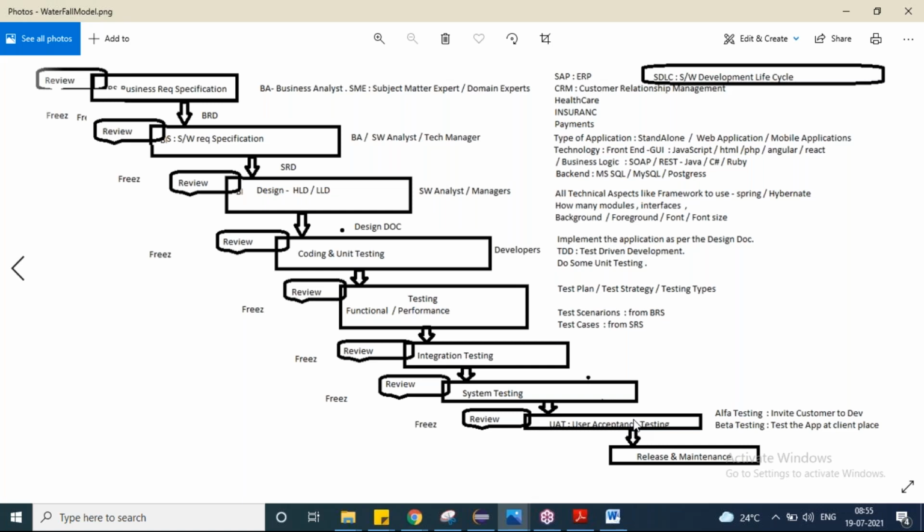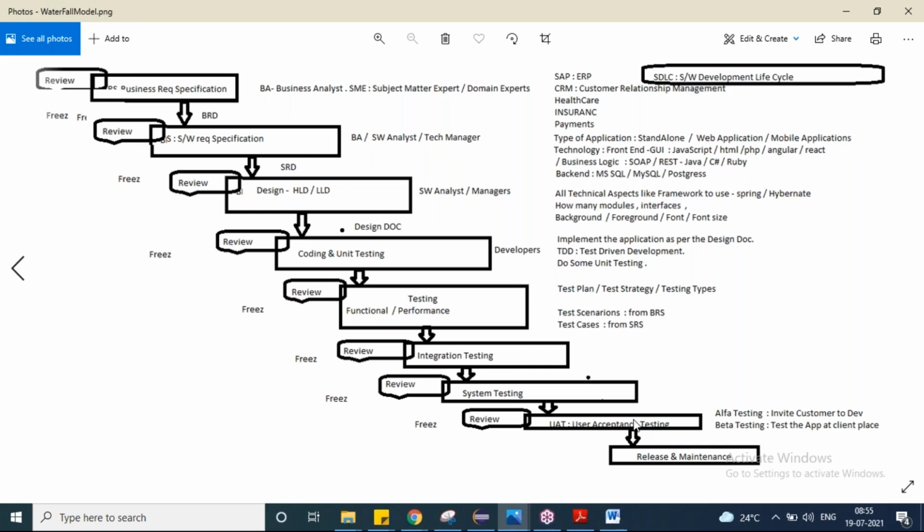But when you go to the customer place, the customer computer may not have all the requirements, right? So one or two might be missing. He's not a technical guy, right? He's an innocent guy. He doesn't know anything about software. So when he tries to use the application on his computer, it will not work. Then definitely he will raise a complaint on you, saying, what is this thing? It's not working on my computer, and he will raise his voice, right?